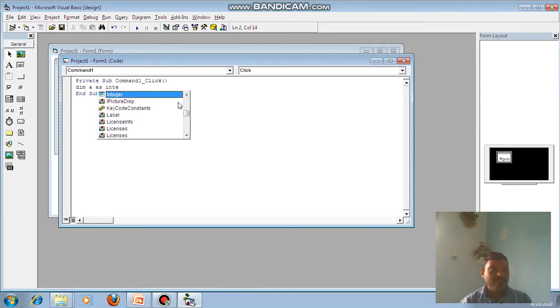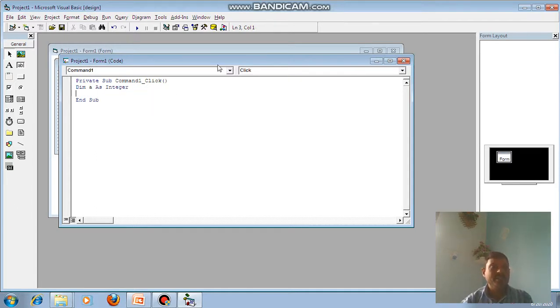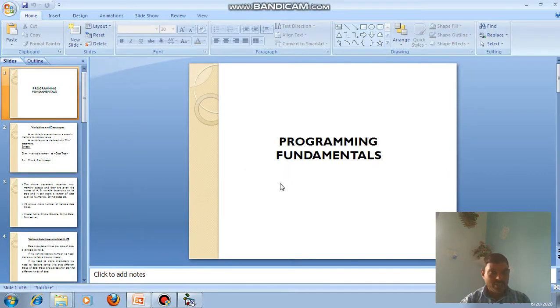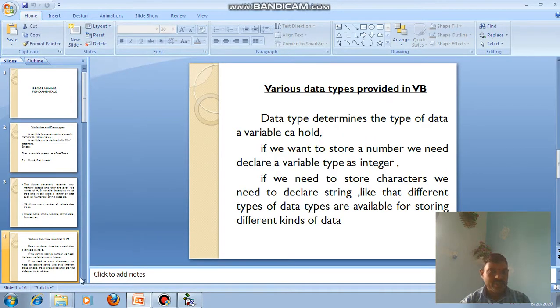Here I am declaring a variable of type Integer, which means it stores integer type of data. A is the name of the variable, Dim is a keyword, As is also a keyword, and Integer is the data type.